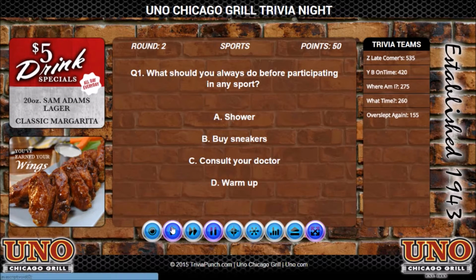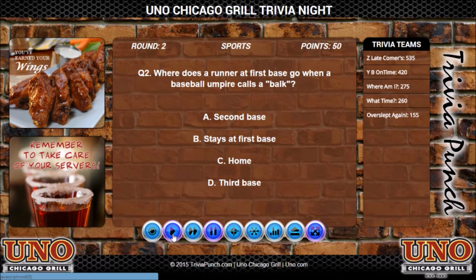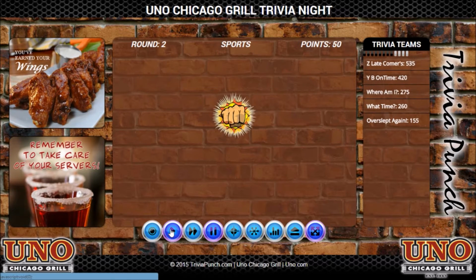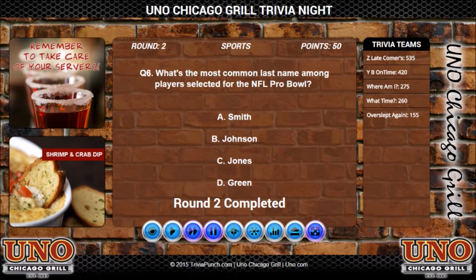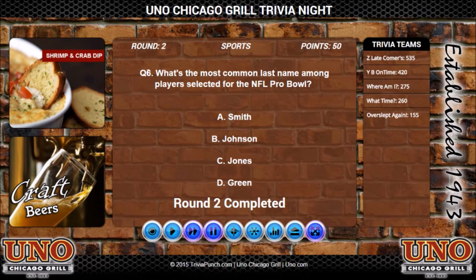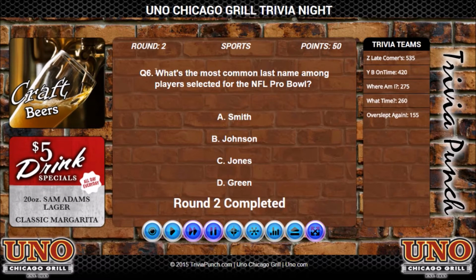So in order to go to the next question, you just keep clicking the next question button and go through however many you have set in your round. Now I believe this one we have 6 questions for round number 2. So you can choose each round how many questions there are, what topic they are, how many points they are, and design the questions. If you don't want to use our pre-made questions, you can add your own custom questions,